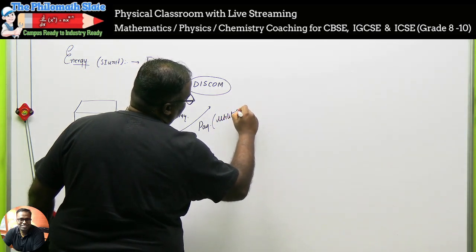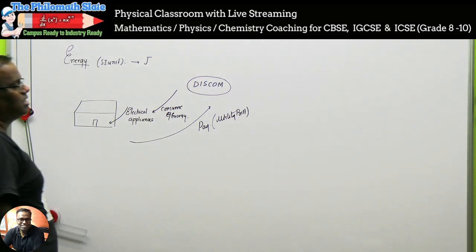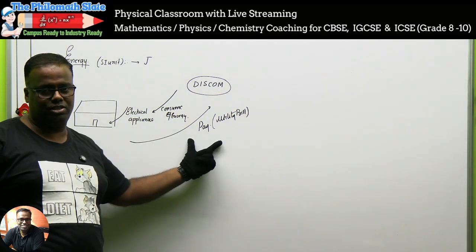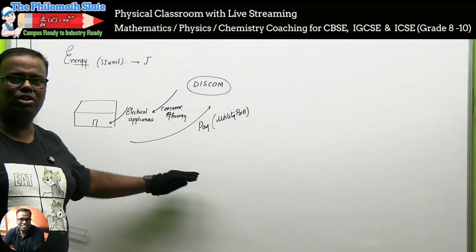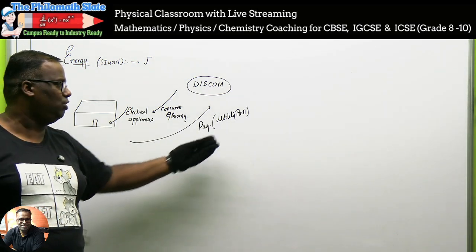You have to pay, and this payment in our crude language we say a type of utility bill. So what is your utility? Your utilities are gas, electricity, and water. We are talking about electricity out here. So you have to pay. Have you understood this concept? Obviously, you're consuming electricity, you have to pay for electricity.